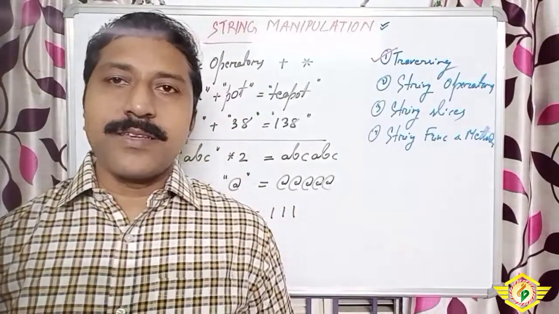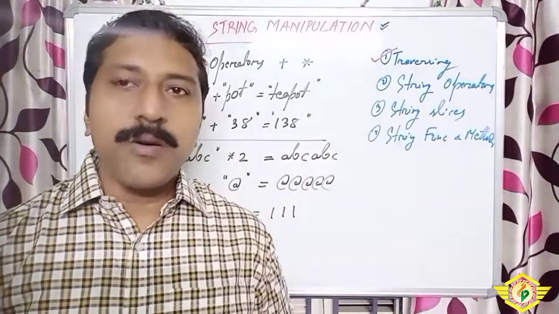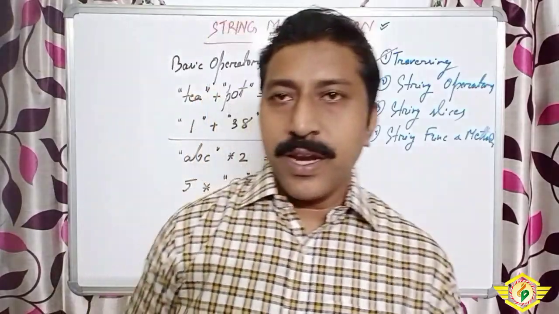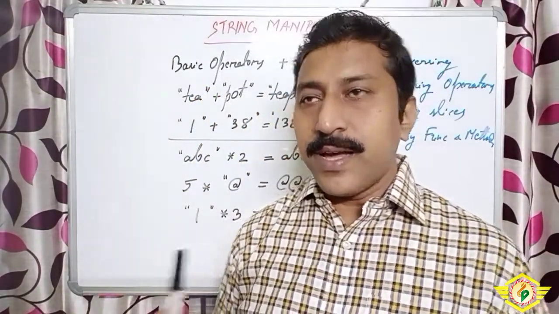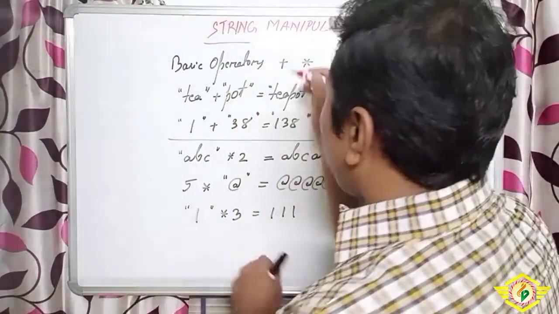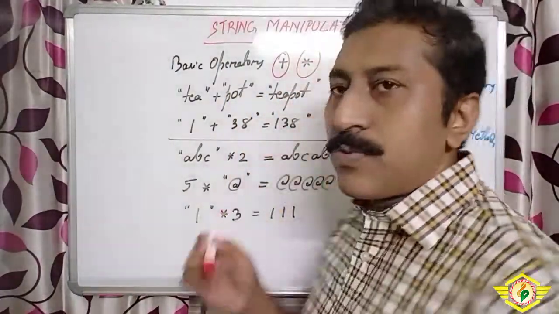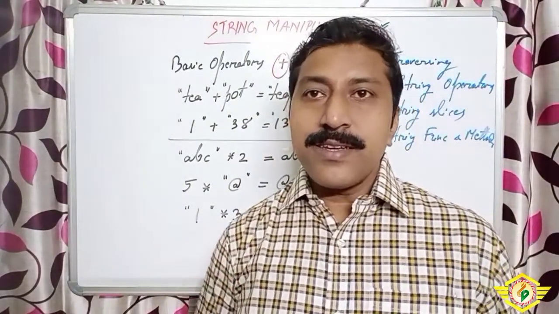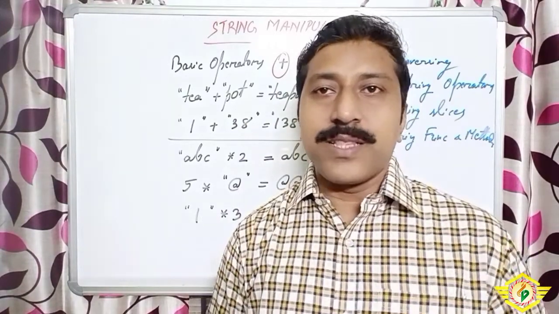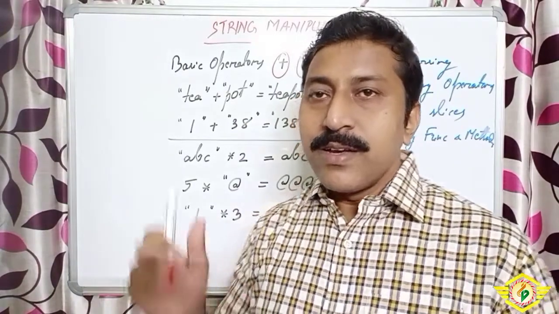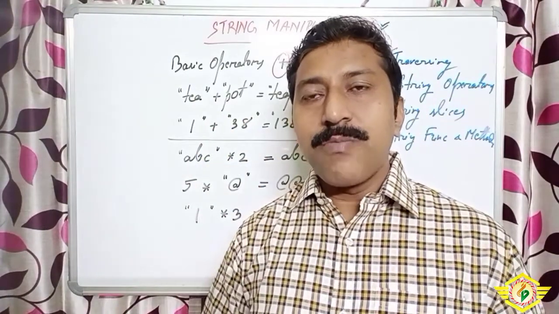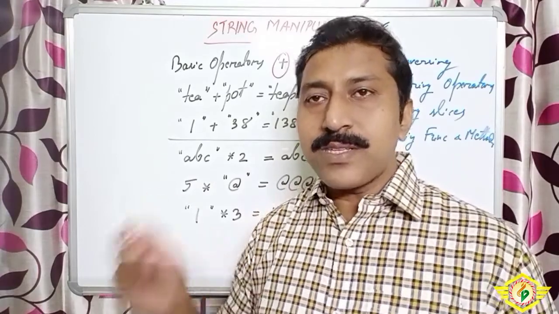So students, now we'll discuss the next topic, that is called string operators. What are the different string operators we are using? Basic two string operators are there: one is the plus sign, and one is the into sign. Plus is known as concatenation, that means joining two strings together, concat. And another one is the replication operator, that means we can replicate or write many times by the help of this multiplication sign.